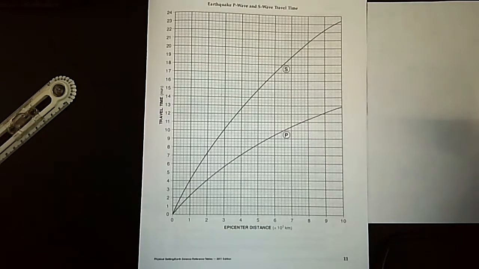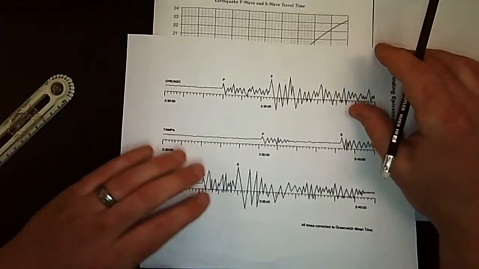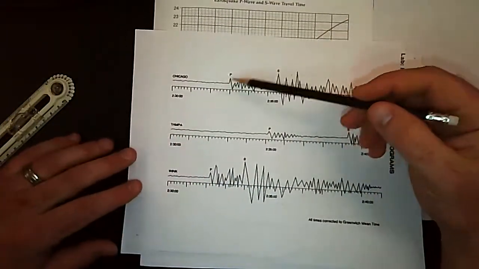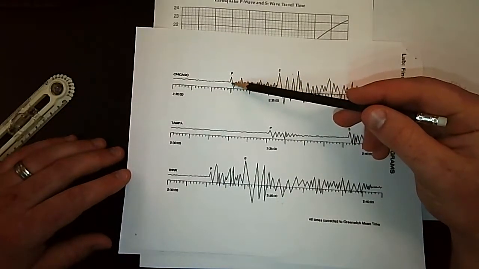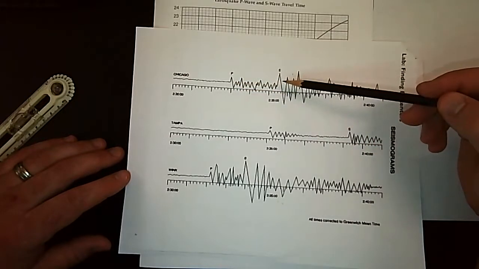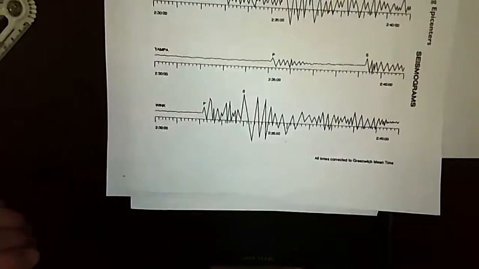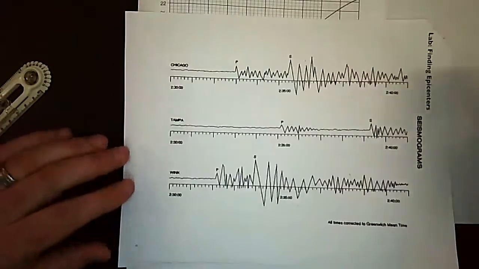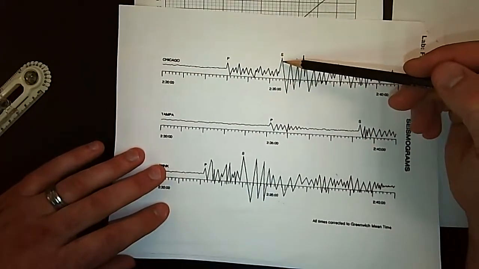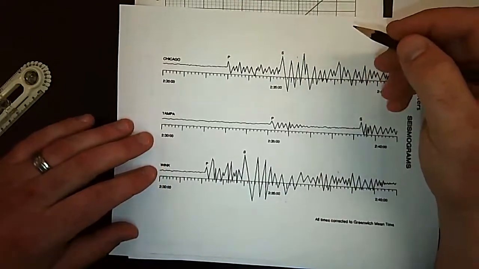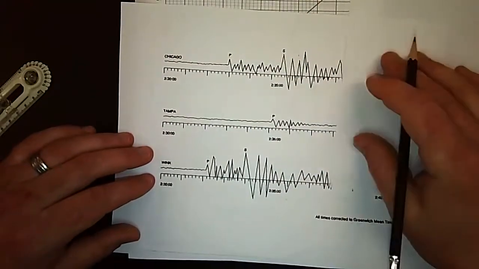So the first thing we're going to do is look at our seismic data for each location. You'll notice that there are these wavy lines here, and what these wavy lines represent are the arrival of a P wave and an S wave at a specific location. P waves and S waves are those waves that are going to be given off by earthquakes as they go off, and we can use the difference in arrival times to find the distance to the epicenter of the earthquake. So first, we take our scrap piece of paper and we find